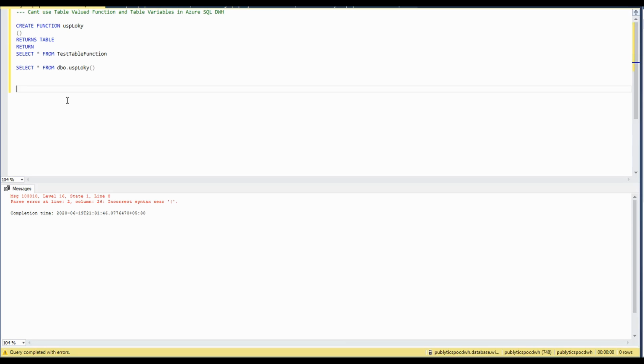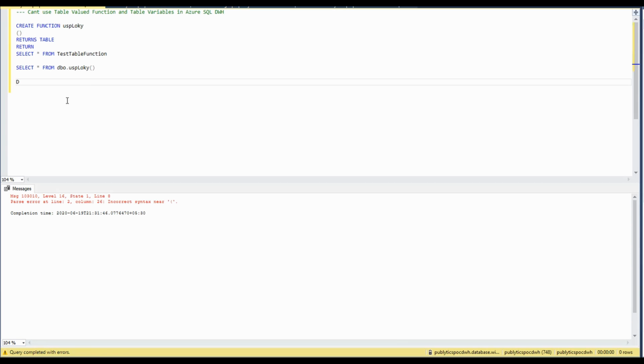So let's try to create a table variable now, and let's see whether that is allowed or not, and whether that is also confusing in the sense that you can create it but you cannot use it.